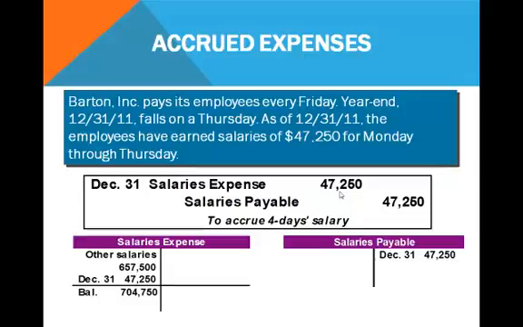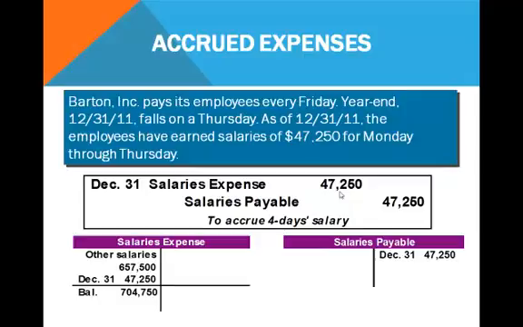After the adjustment, salaries expense is stated properly. In other words, we know how much we incurred for the year. Even though we haven't paid them yet, we still have the liability. We still owe them, and we're recognizing the expense in the appropriate period. If we didn't make this kind of adjusting journal entry, we would not be recognizing this salaries expense until we actually paid them. That would take 4 days worth of salaries and stick them in the wrong year from an